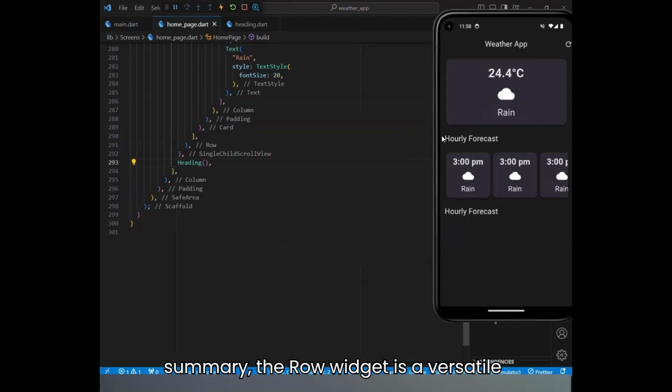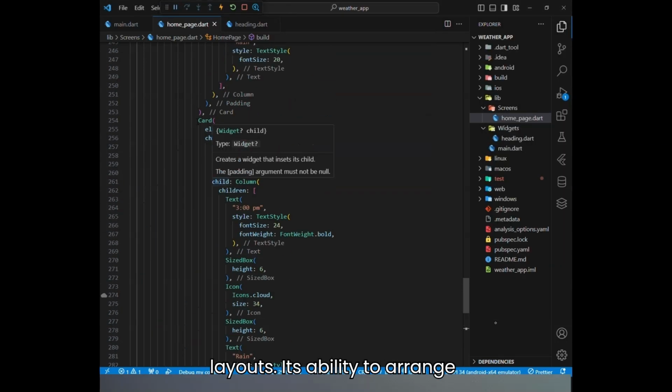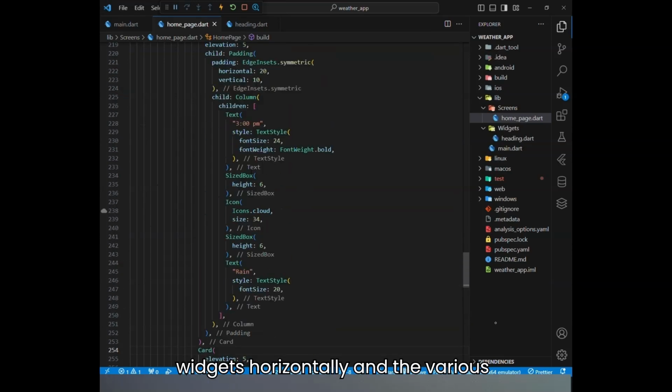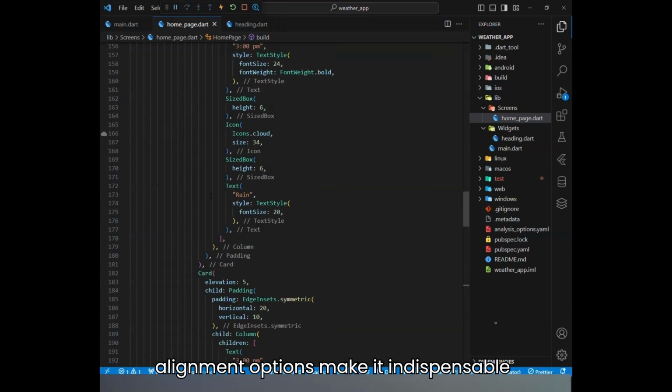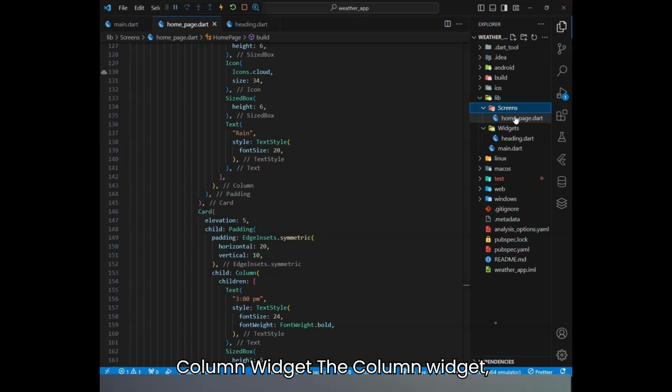In summary, the row widget is a versatile and essential building block for Flutter layouts. Its ability to arrange widgets horizontally and the various alignment options make it indispensable for creating visually appealing and user-friendly interfaces. Column widget. The column widget, like the row widget, is a core layout element in Flutter, but it arranges